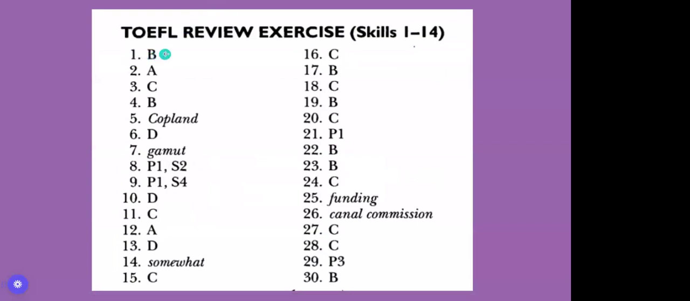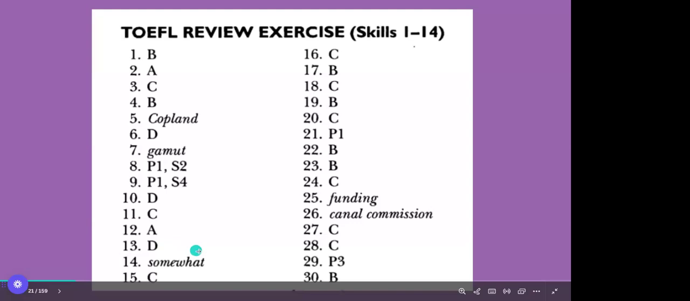Let's see, we have 1B, 2A, 3C, 4B, 5, Copland, 6D, 7, Gamut. Number 8 is paragraph 1, sentence 2. Number 9, paragraph 1, sentence 4. Number 10D, 11C, 12A, 13D, 14 somewhat, 15C,